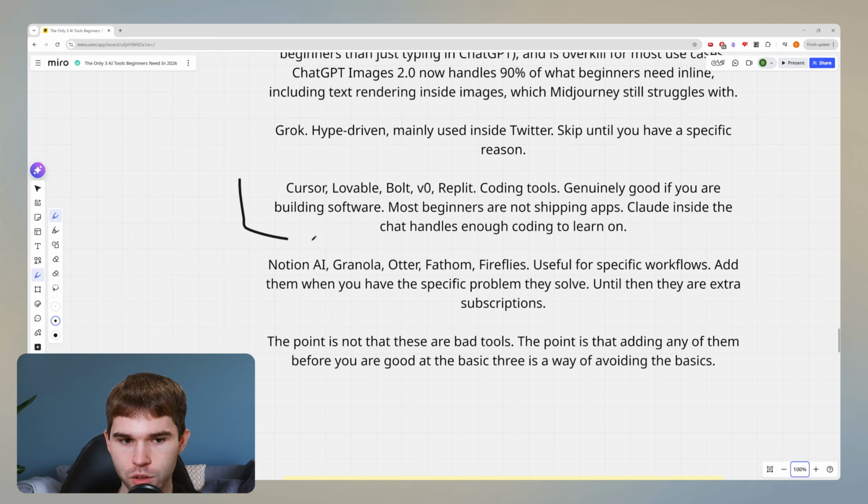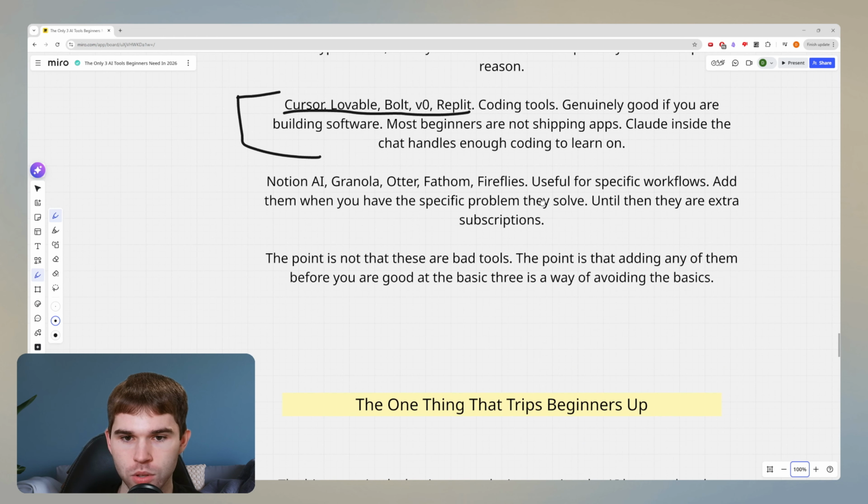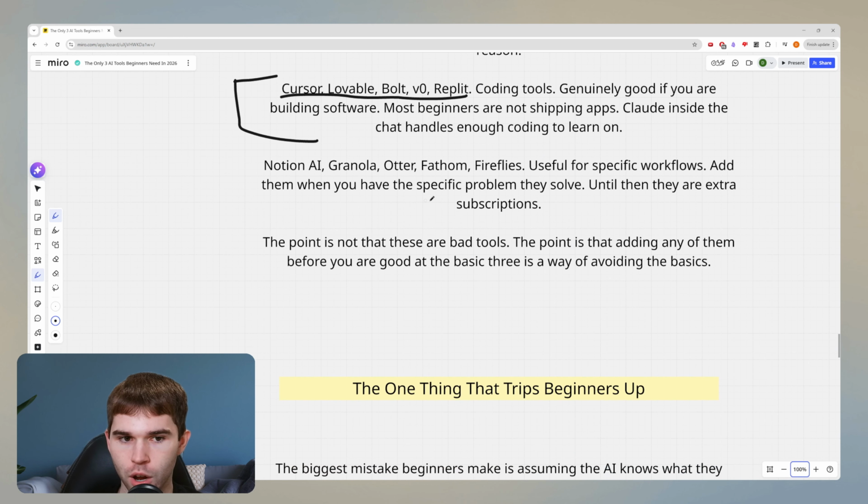Now, obviously, all of these other tools like Cursor, Lovable, and Bolt are basically getting replaced in real time by Claude Code and Codex. Why? Because they're basically all wrappers on top of these tools. And obviously Claude and OpenAI are perfecting these tools so much that these ones are going to go out of business very soon. Now, the other ones I've left off this list are Notion AI, Granola, Otter, Fathom,